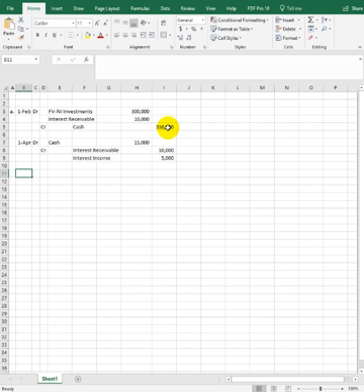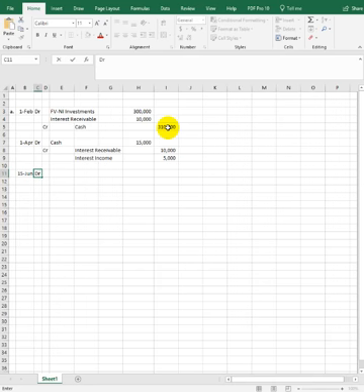We have a very small amount of interest receivable. So we buy fair value through net income investments, and it was for 200,000. And the interest receivable